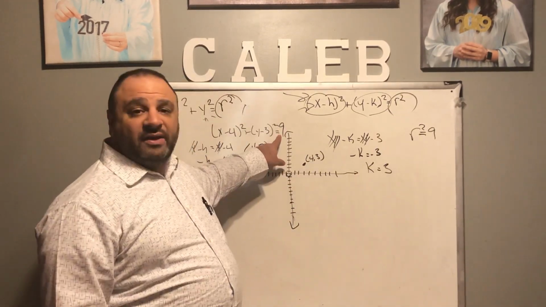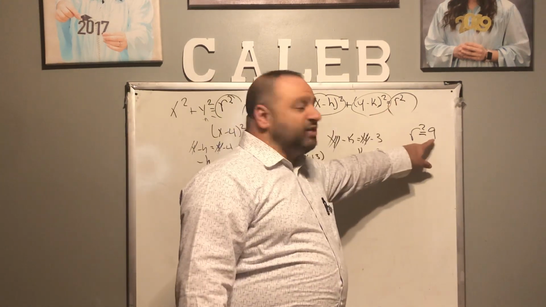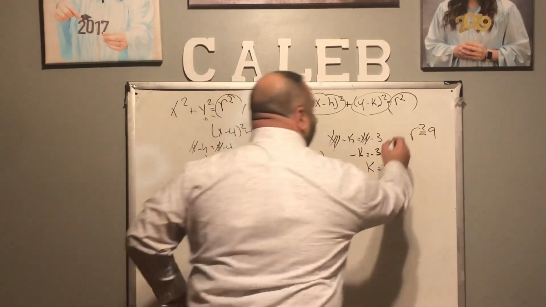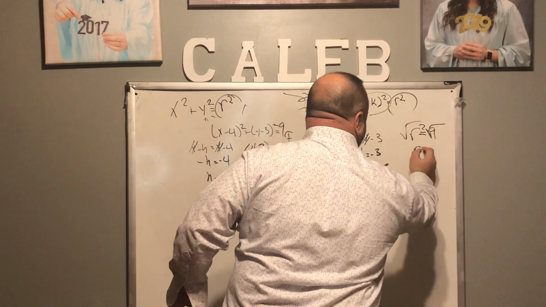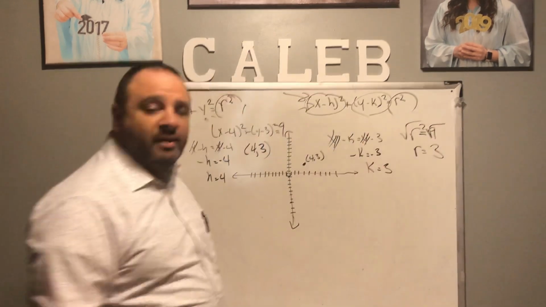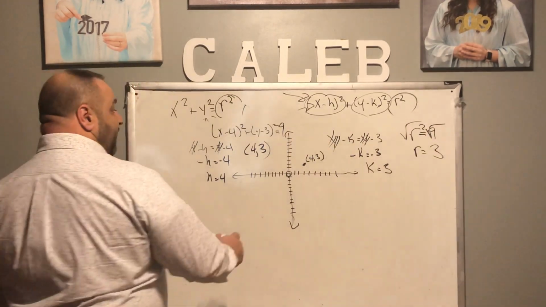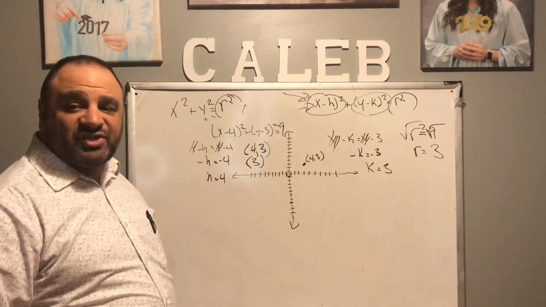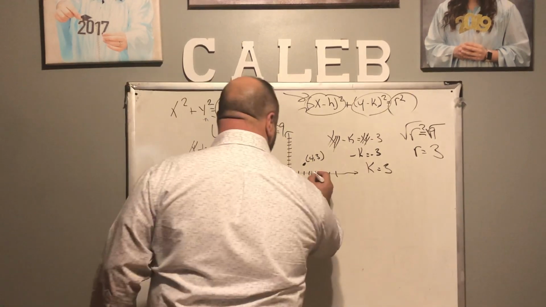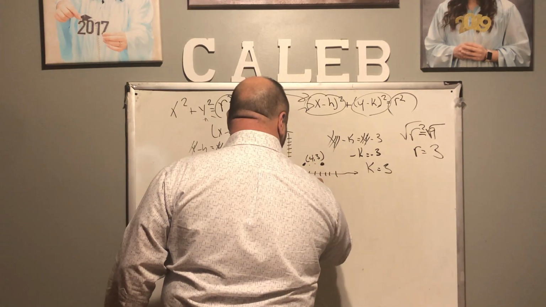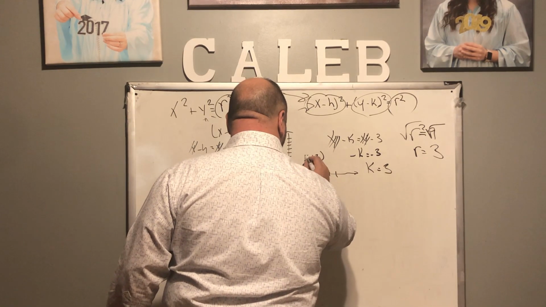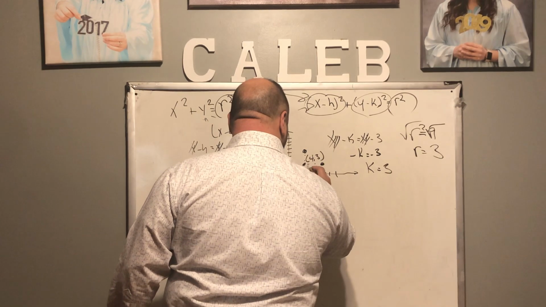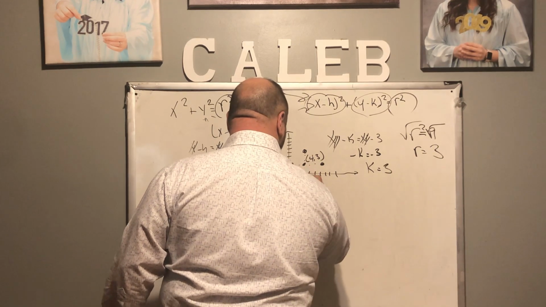Okay, so let's come here. So we have 9 here, so our r squared equals 9. We're going to find the square root of both sides. So r equals 3. So our radius is 3. All right, so from our center, we're going 3 spots to the right, 3 spots up, 3 spots to the left, 3 spots down,